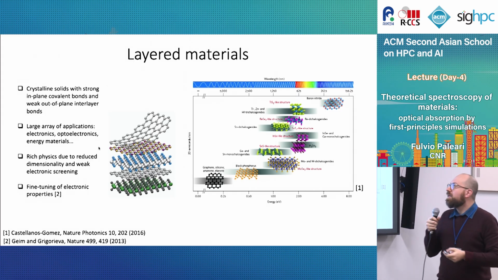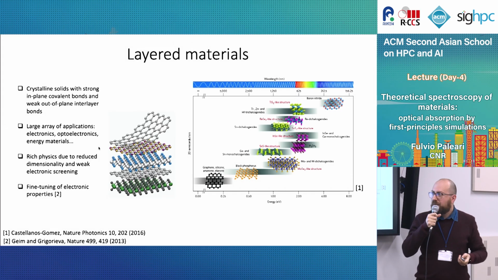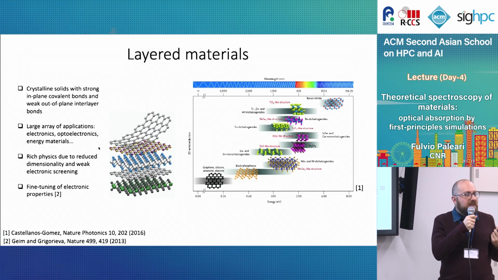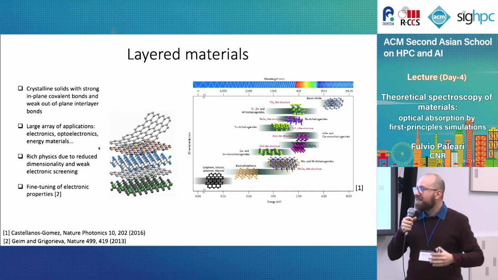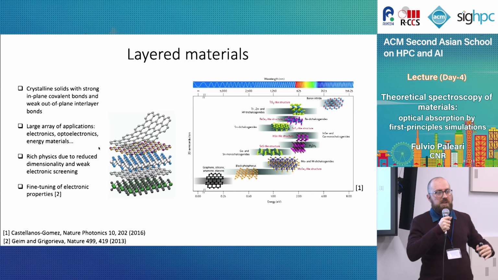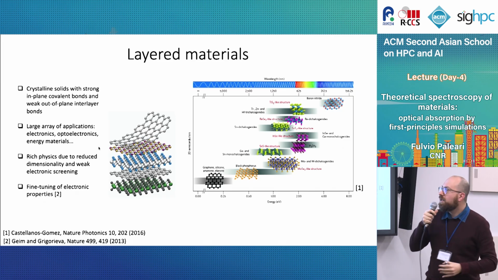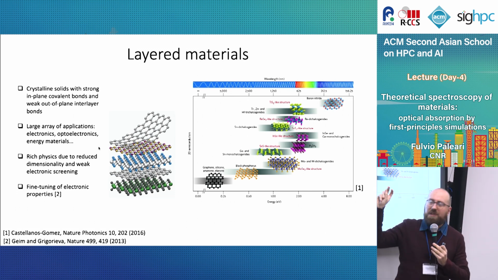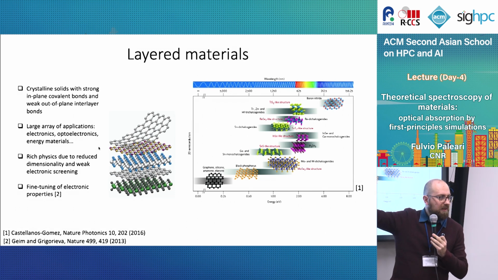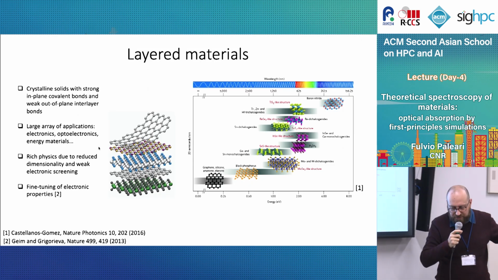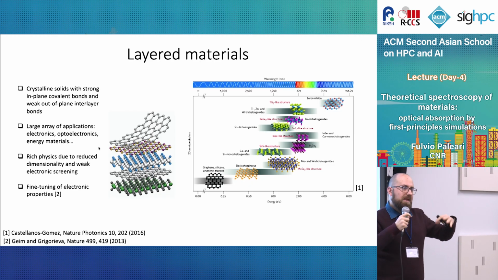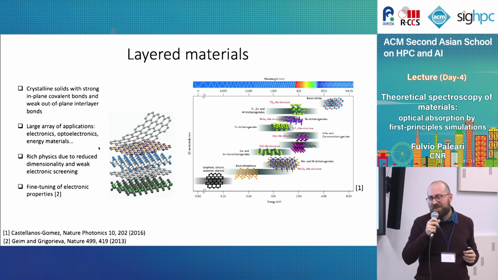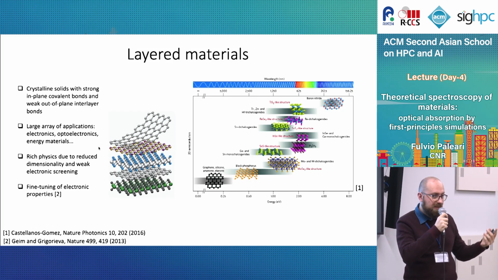Okay, so why? This is a very famous picture. So probably you know very well that for 20 years, there has been a very strong interest in the materials community regarding the so-called 2D or low-dimensional crystals. These are crystal systems that can be exfoliated into basically 2D or quasi-2D atomic sheets. And because of their 2D geometry, they have very exotic and different properties with respect to traditional standard crystals that are periodic in all three directions.